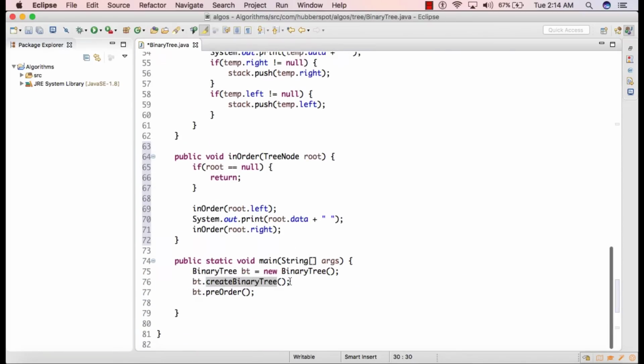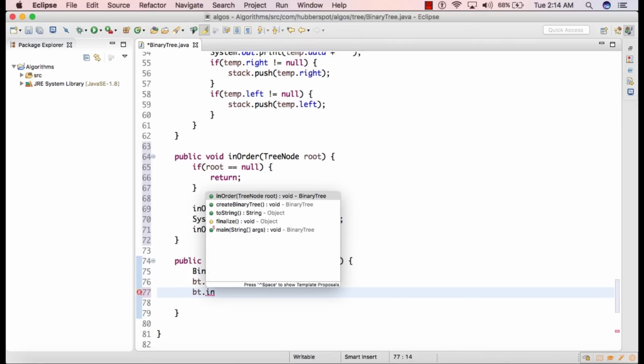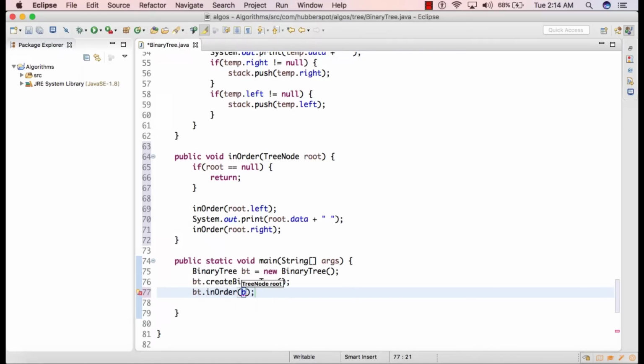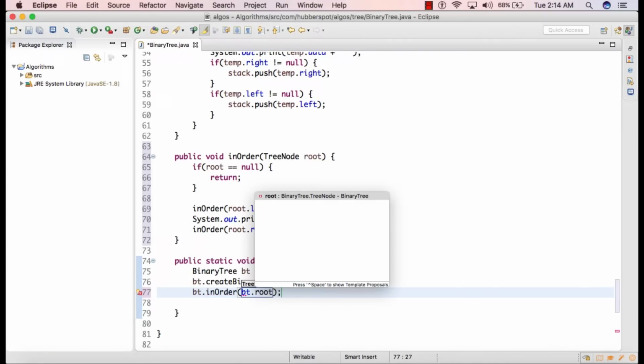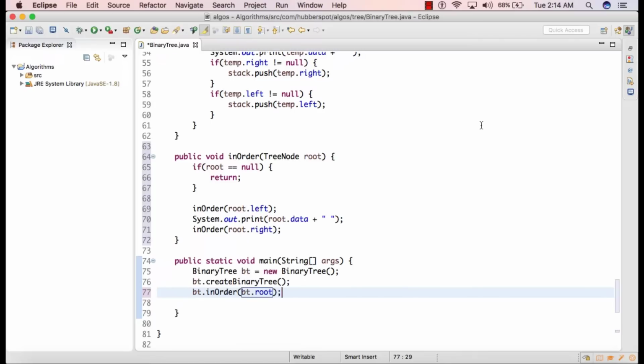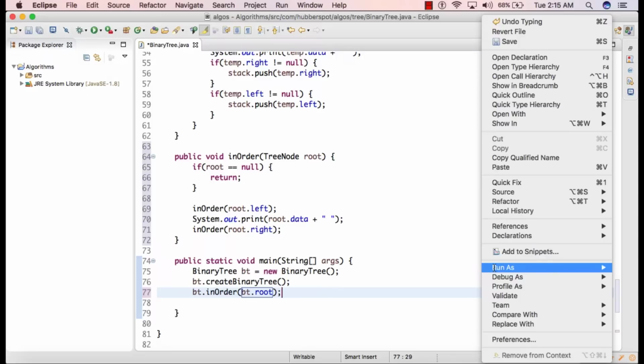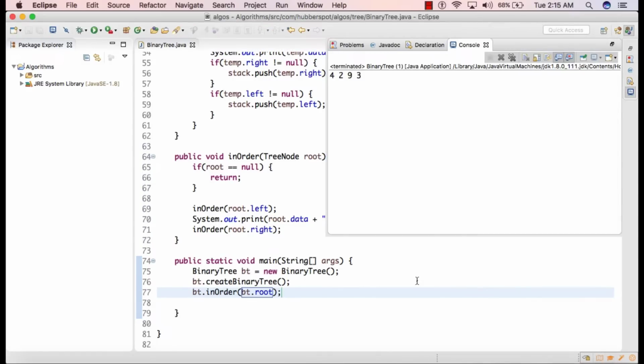So here in the main method, we'll call createBinaryTree, and then we'll call the inOrder method, and here we'll pass the root. Now if I run the code, you can see it printed 4293, which is the same output which we saw in the slide.